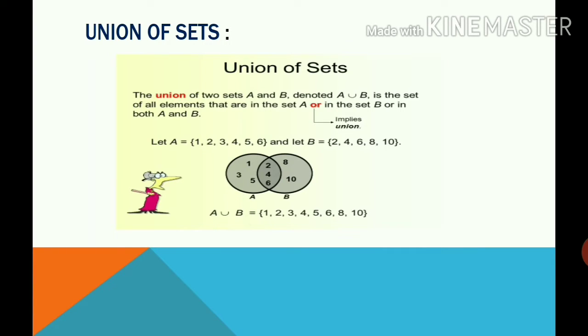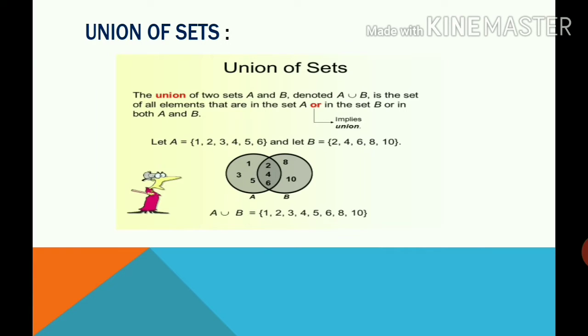Here in the Venn diagram you can see that the first circle is showing the set A and the second circle is showing the set B. And this oval shape in between is showing the common area 2, 4, 6. It means that the elements 2, 4, 6 are there in set A and these elements are also there in B. But whenever we write A union B, we will write all the elements but we will not repeat any element. As the elements 2, 4, 6 are there in both sets, we will not write them 2 times, we will just write them 1 time.